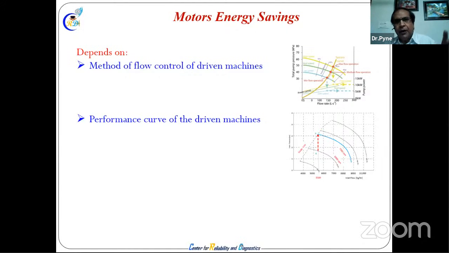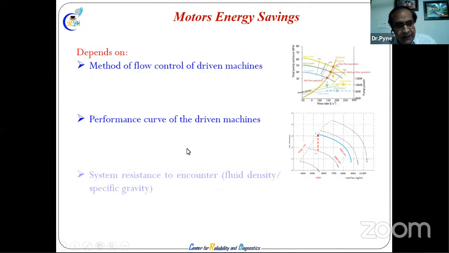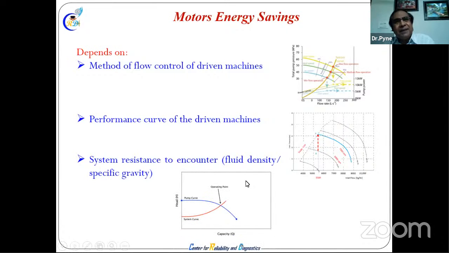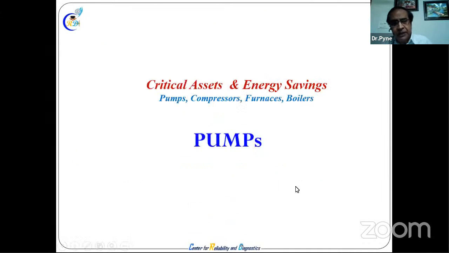ultimate criteria for energy, more or less, in the driver. If the driver is the motor, then the motor has to take into consideration the driven machine's behavior. That means its pressure, flow, temperature, vibration, all the things to be taken care of. So that's the performance curve of the driven machine. And the system resistance it has to encounter. What type of system resistance a pump is encountering every minute has to be taken into consideration, because the system curves remain unchanged, but your performance curves will change depending on the performance. So that's the way energy saving is possible in the different things.